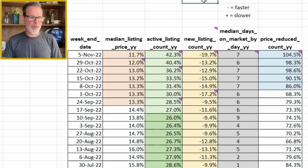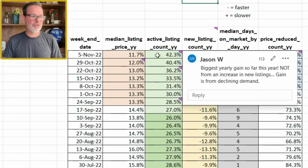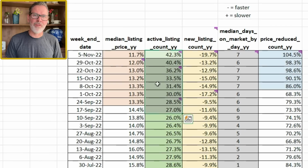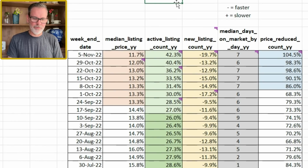So despite the fact we've been seeing fewer new listings hitting the market for quite some time, active listing inventory or housing supply has been increasing for 8 consecutive weeks. Therefore, this increase of housing supply is due to the fact that home buying demand is decreasing. So it's taking longer for houses to sell, and we're also seeing fewer contracts being signed between home buyers and home sellers. So to me, this is pretty eye-opening that we're seeing fewer new listings hitting the market, but despite that, we're seeing this huge increase of housing supply, again up by 42.3%,